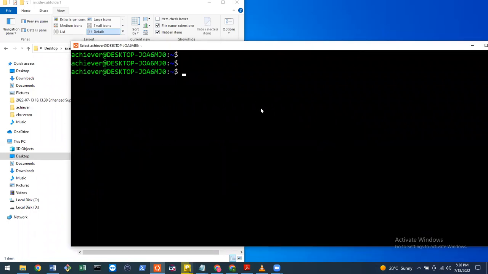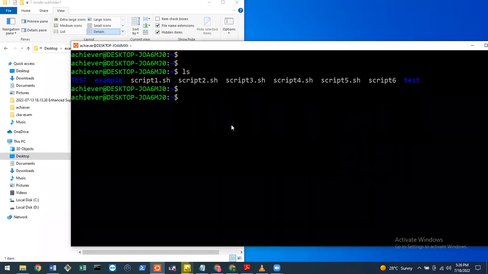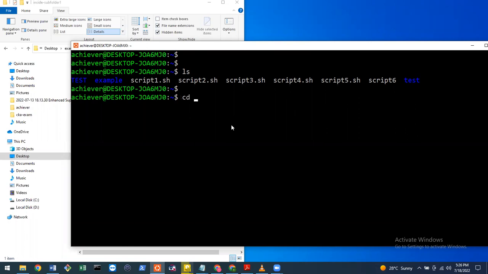So now when we type ls, did you notice it's only one folder we are seeing? Example. Does that make sense to you all? It's only one we are seeing. So if you cd into example,